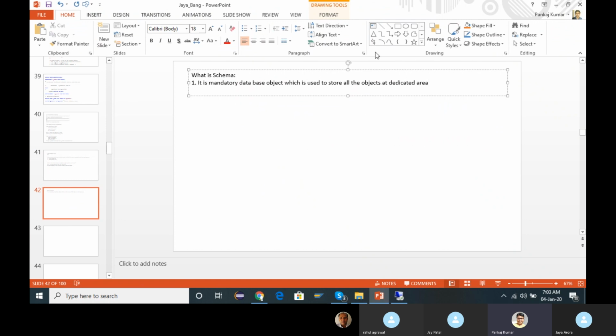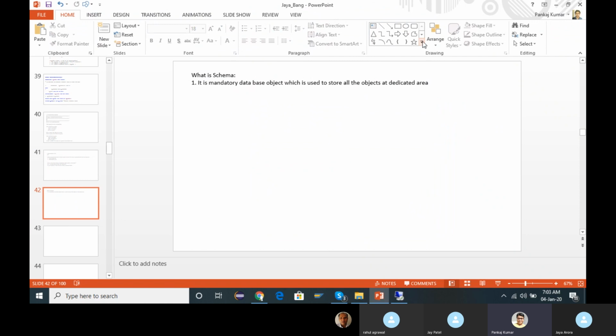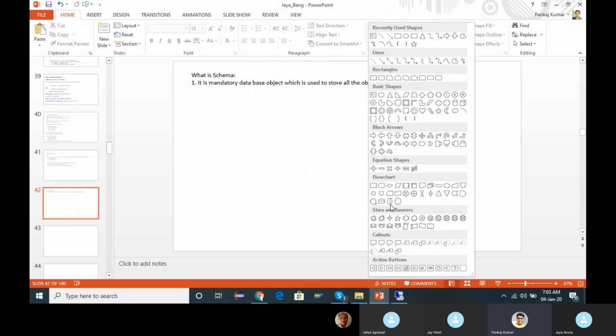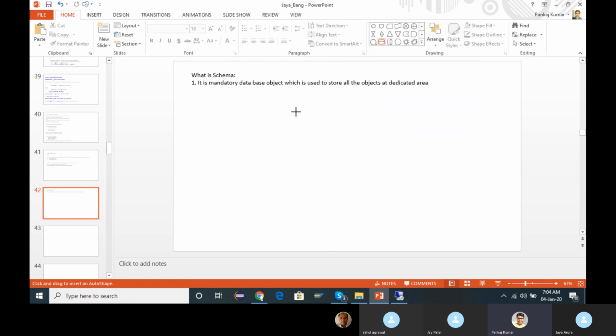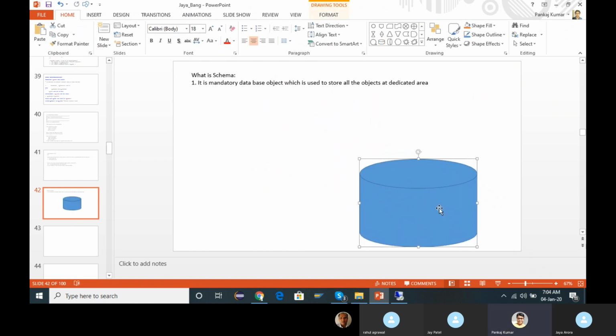What I'm trying to tell you is, you have a large database. Let me represent it in a nice way. Let me choose the database symbol over here. You have a large database, and you have some application server.